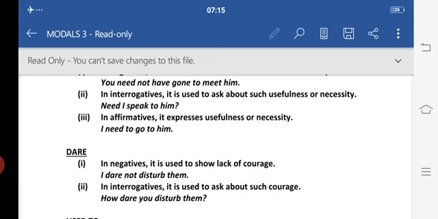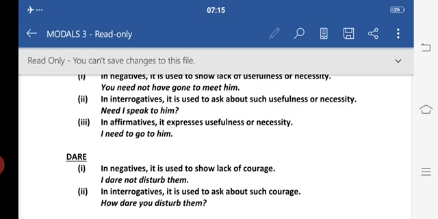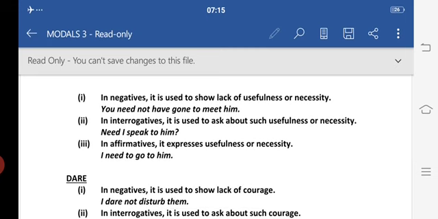We can take one example. You needn't have abused her, but you have abused. It means you have abused her, but there was no need to do that. One more example. They need not have sold their new car. It means उन्होंने अपनी नई गाड़ी बेच दी है, but जिसकी ज़रूरत नहीं थी. It means they have sold their new car but they didn't need to. So you can see that need is a modal which is used to show lack of usefulness or necessity. It's also a very, very important modal which we have to use mostly.